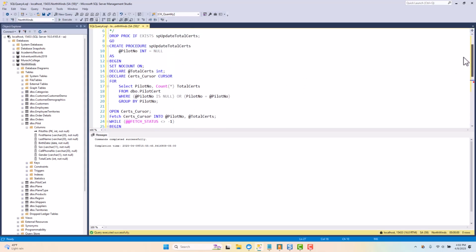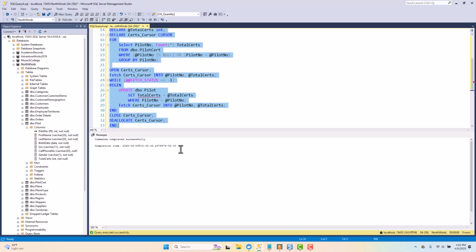We want to go ahead and execute everything that we have now. We see that our procedure is actually created at this point. We would want to go ahead and run this against everything that's in that actual table here. And we can do that by executing our procedure and essentially passing in null for our pilot no. So I'm going to go ahead and just put in